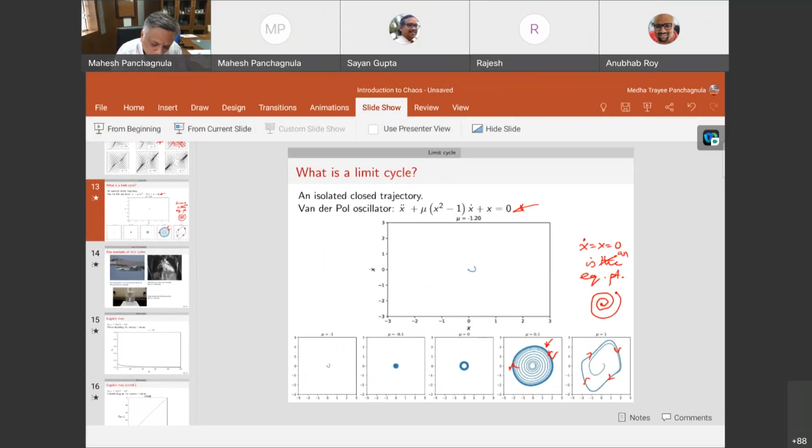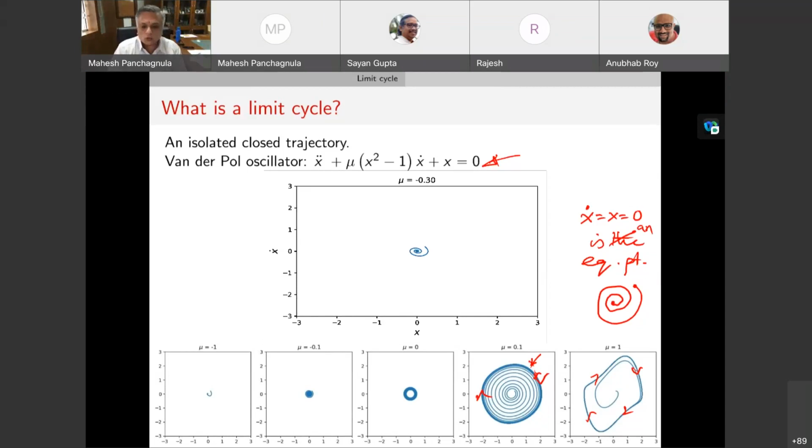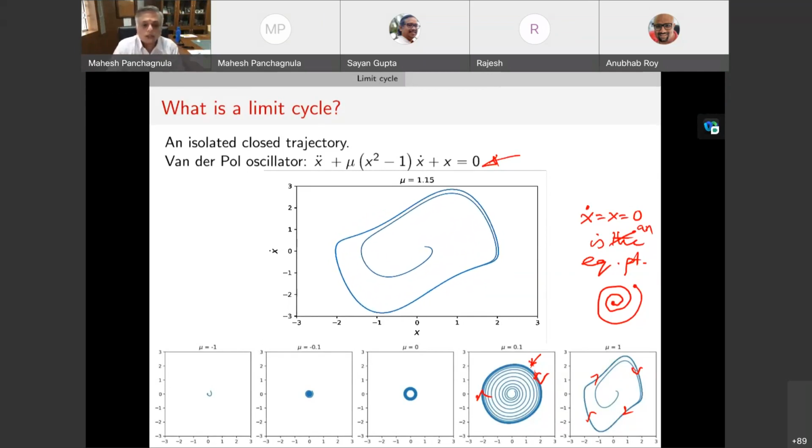So let me complete what I was saying on this slide here. At a critical value of mu, in this case mu equal to 0, the original equilibrium attracting solution becomes unstable, and now the only stable attracting solution in town is not a point but an object like a limit cycle. It's a two-dimensional object in the two-dimensional space. Okay, and the size of this limit cycle increases. So you can see that this is only a small limit cycle, then much bigger, and it increases in size.